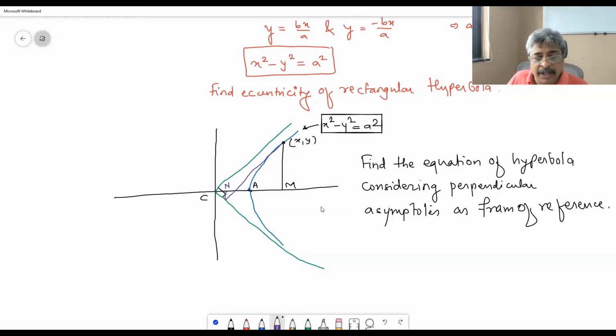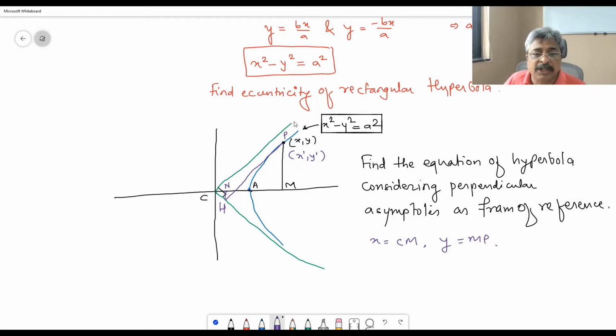So what is your x coordinate? The x coordinate is CM. X is equal to CM. This point is P. Y is equal to MP. That is already known to us. Now we wish to find x dash comma y dash with reference to these two lines. Let me call this point H, and that is all that you want. So one of the coordinates will be HP and the other coordinate will be CH.